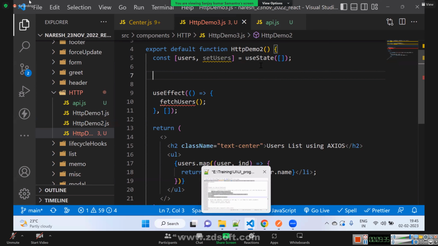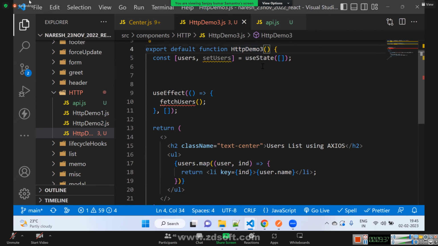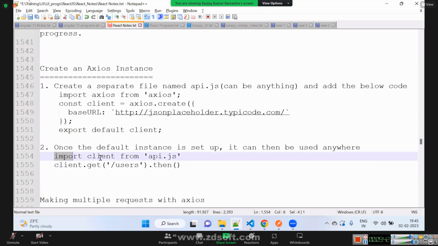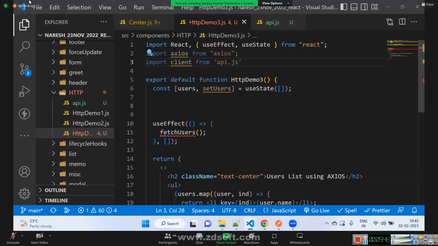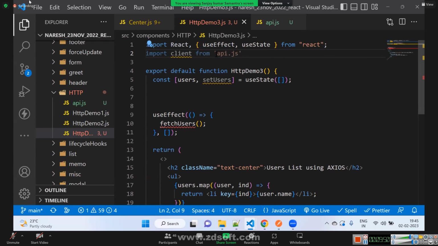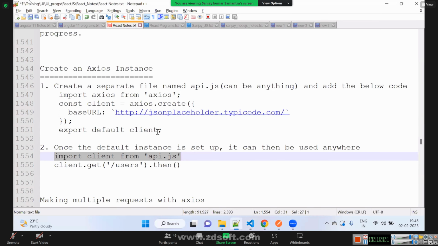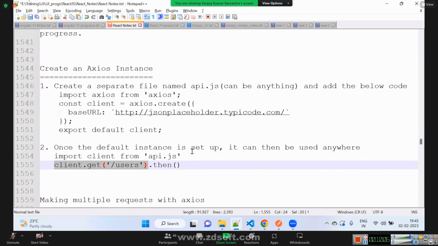Here in HTTP demo 3, we have to import client from api.js. api.js is our created file. Client is our created function. Now in this fetch user, we can directly say client.get users.